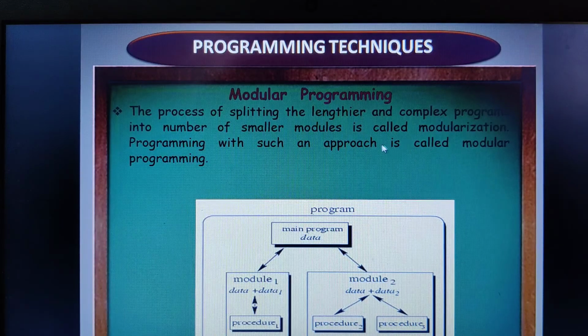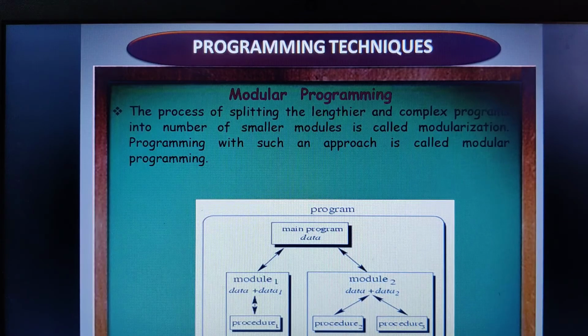Now what is the use of modular programming? This technique provides a grouping of procedures of common functionality into separate modules. Consider I have two programs and both programs require the procedure known as sum. Then it is not recommended that you write a procedure called sum in the first program as well as in the second program.